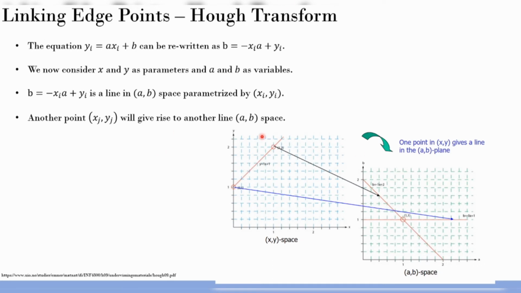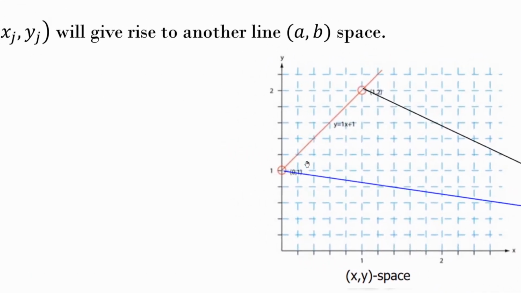So this is our traditional Cartesian coordinate space. You have the x-axis here, the y-axis here, and these are the different values of y and these are the different values of x. Don't consider this for a moment, just ignore it, or let me zoom in so you won't concentrate there. This is what we have, and then you have 2 points here, 0, 1 and 1, 2. There is a straight line going here which is parameterized by slope 1 and intercept 1, so a equal to 1 and b equal to 1. This beautiful red line passes through these 2 points.